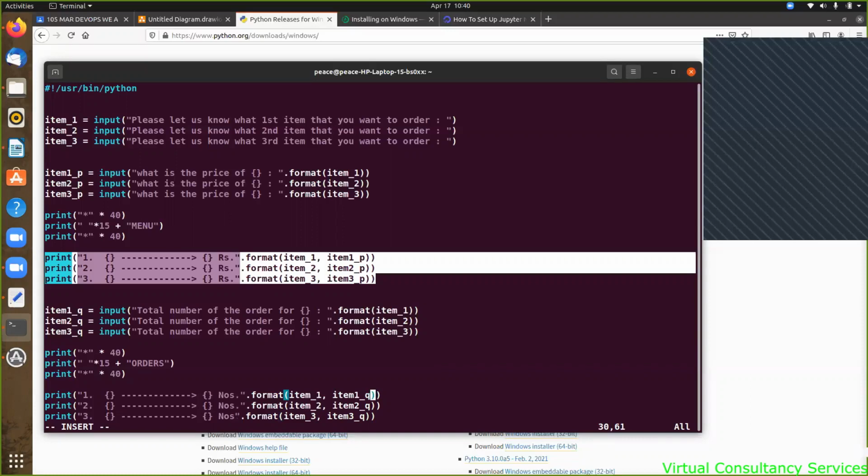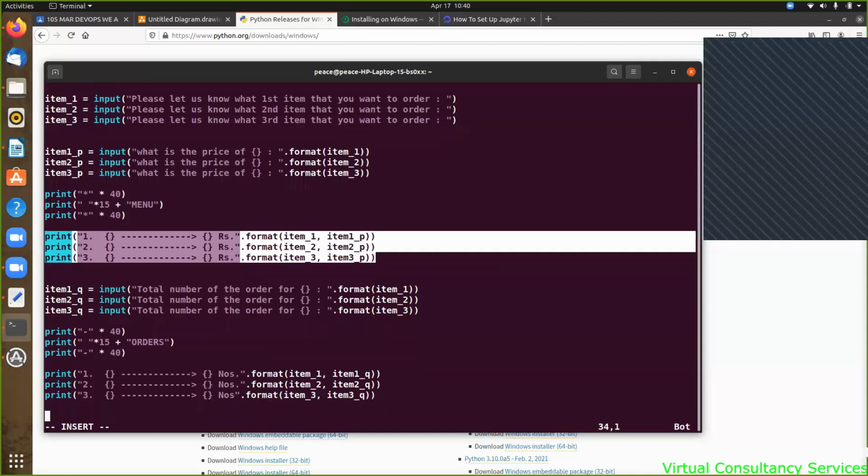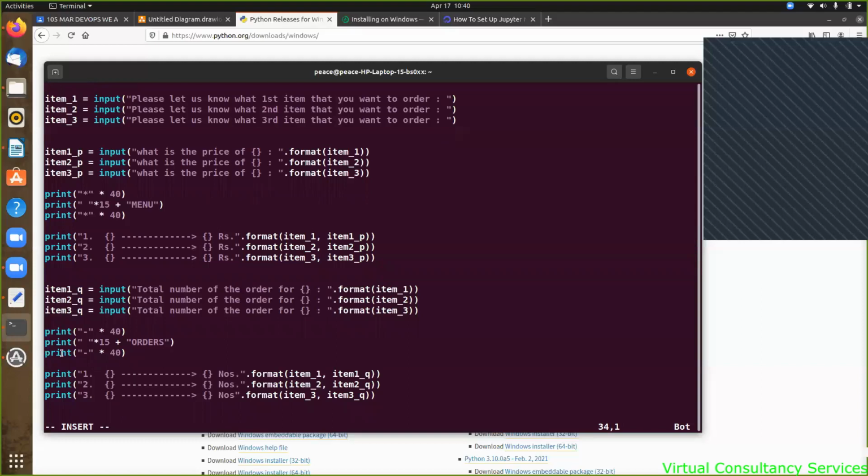ठीक है, और we can also just change a bit, स्टार की जगह यहाँ पे, since हम ऑर्डर दे रहे हैं तो हम डैश डाल देते हैं, so it is just to change the look and feel, nothing else। अब ये किया, अब ये डिस्प्ले तो हो गया, और यहाँ पे हम इसको क्लोज कर देंगे, पूरा ऑर्डर को। जो ऑर्डर आया, ऑब्वियसली यहाँ पे एक प्रिंट स्टेटमेंट ये वाला डाल देंगे।